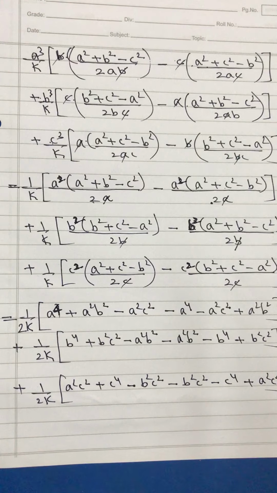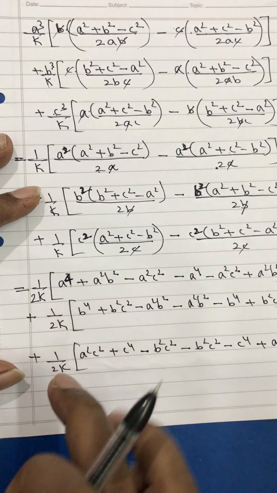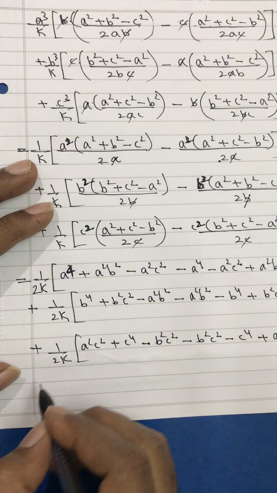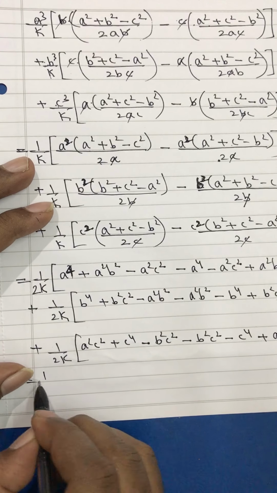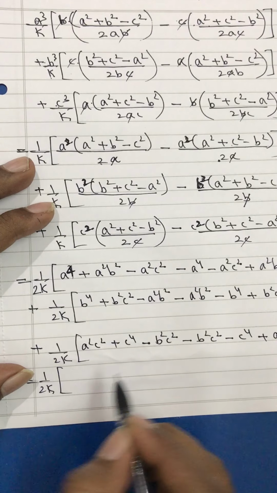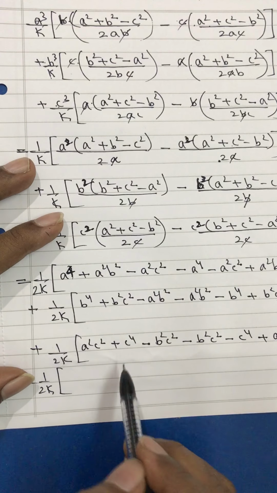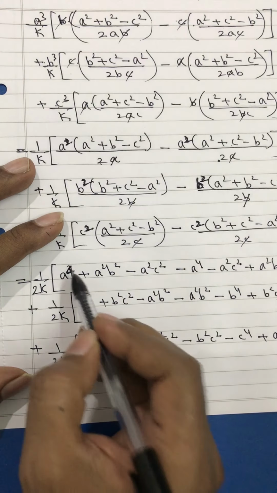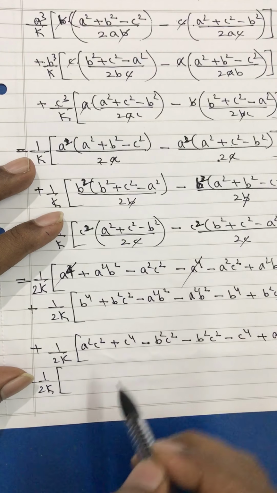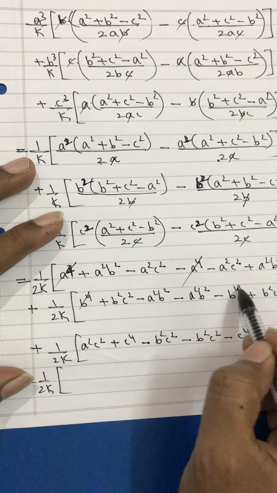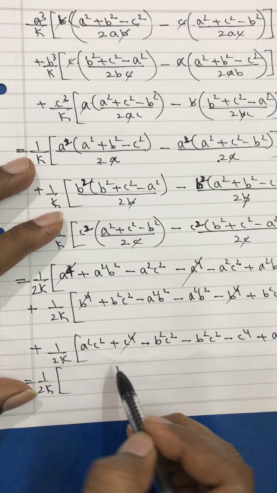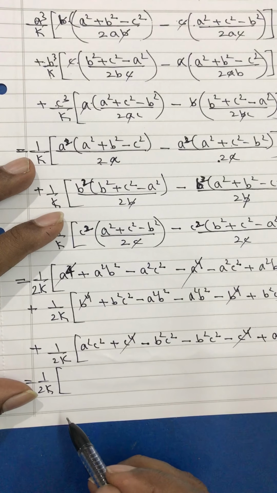Okay, so here then now what, again from here 1 upon 2k, 1 upon 2k, 1 upon 2k, I will take out this everything outside, and what I will get is, see 1 upon 2k, and this whole thing I will have to add up. You will see that they will get cancelled. See basically a raised to the power of 4 minus a raised to the power of 4, b raised to the power of 4 minus b raised to the power of 4, c raised to the power of 4 minus c raised to the power of 4 is getting cancelled over here. Nothing over there, but 1 upon 2k is gone from here.